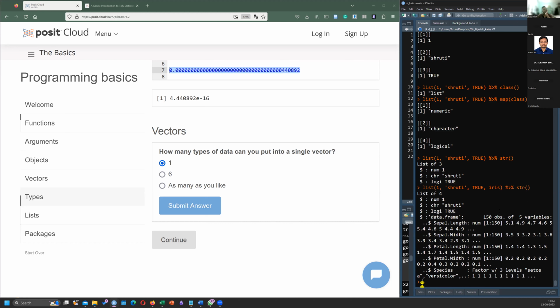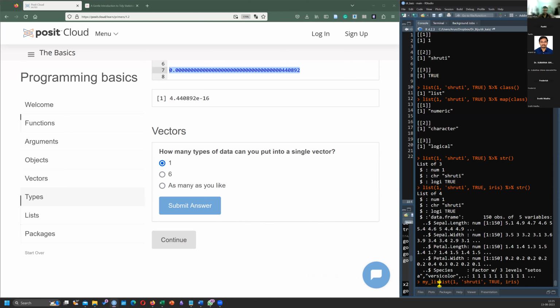So now my question is, if I want to extract this 5.1, how will I extract? We learned about indexing. Remember? Okay, let me save this list first as something, not structure. Let us call it my list.